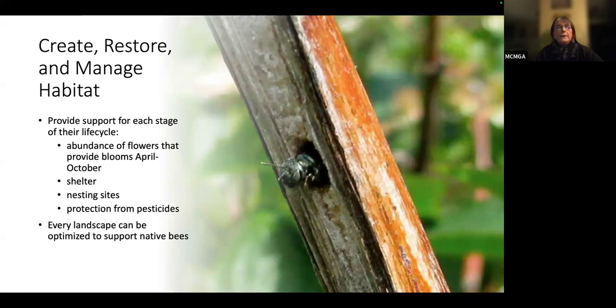So abundant flowers that provide blooms April to October is really critical. Give them shelter. Give them nesting sites. See this cute little guy poking his head out because he's made a home. She has made a home probably in that twig, although it could be an emerging male bee. Protect them from pesticides. And every landscape you look at, no matter how small, can be optimized to support native